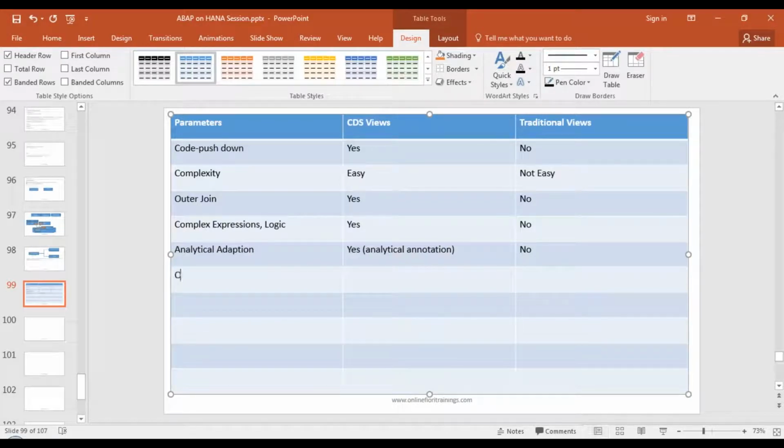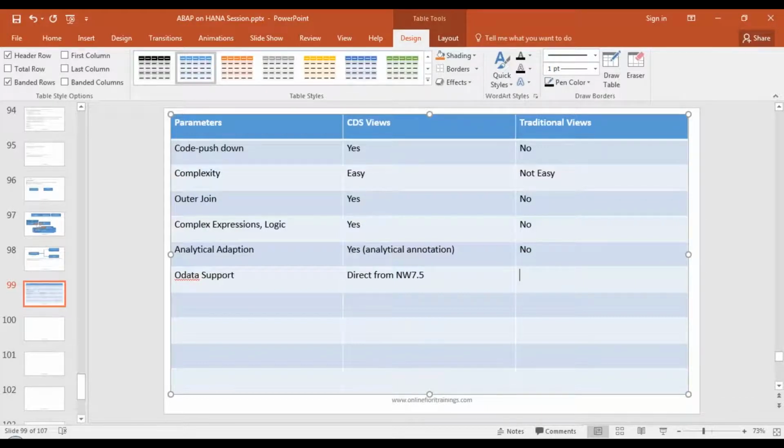Then what about OData support? You have direct support from NetWeaver 7.5 onwards. You can create an OData service from a CDS view with just one annotation called odata.publish equal to true, and that creates an OData service out of the box. But that's not possible in traditional views.